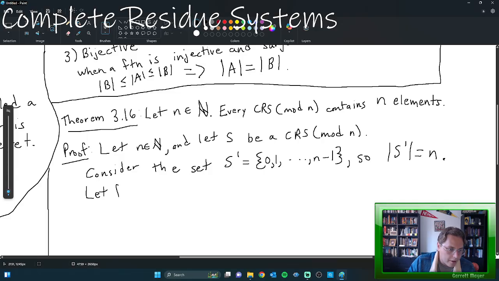So we're going to let f be the function from S to S prime, where for an element A in S, f of A, this is just defining the function, is the unique